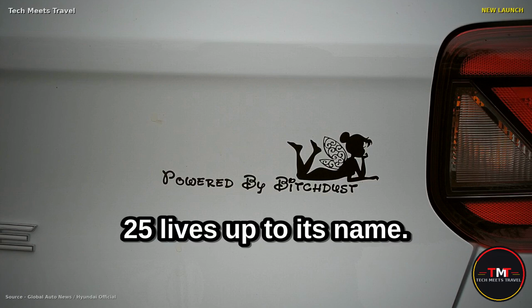Now, let's break down the pricing. The 2027 Hyundai Elantra Hybrid is expected to launch with an ex-showroom price starting from 22.8 lakh rupees for the base Elantra Hybrid EX variant, going up to 26.5 lakh rupees for the top-end Elantra Hybrid SX. Let's consider the popular mid-range Elantra Hybrid SX, which is likely to be priced at 24.5 lakh rupees ex-showroom. Adding RTO, insurance, and other charges, you